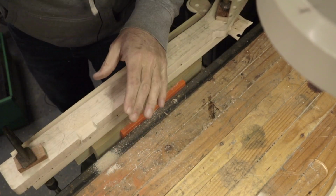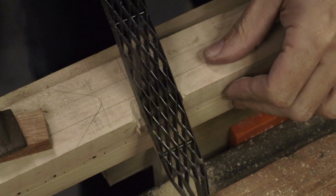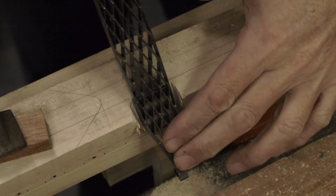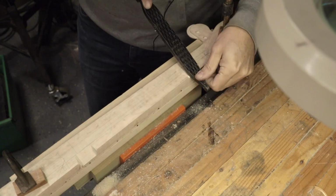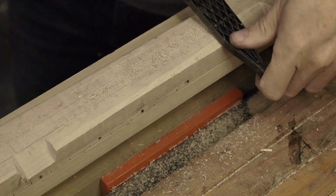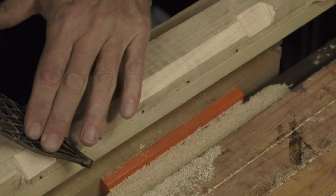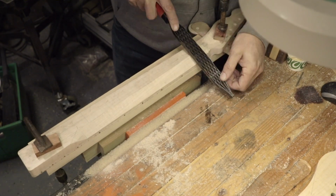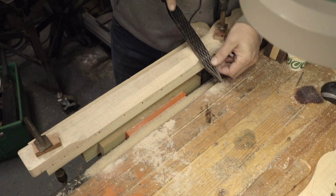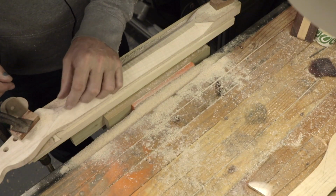Even though the video speeds up here in just a second, you can see how deliberate I am making sure that the two lines are going to connect and that we don't go over our marks. After we get the 12th fret done, we turn our attention to the first fret. And then once that's done, we fill in the blanks and just make a nice smooth transition from 1 to 12. Then we start on the details, carving the cheeks, and we're almost ready to carve the thickness of the